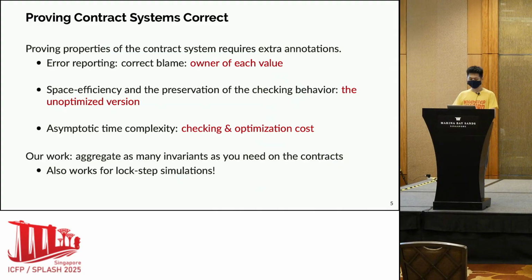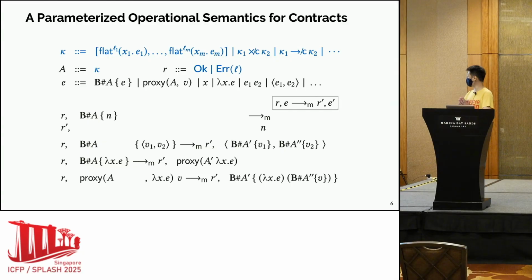And so our work is an attempt at making sure that you don't need to create a new calculus each time you want to prove a new domain-specific property. Instead, we want to make sure that you can just use one calculus and assemble the information you need, and then prove the properties individually. So let me try to give you a taste of how we achieve this and how this can be done